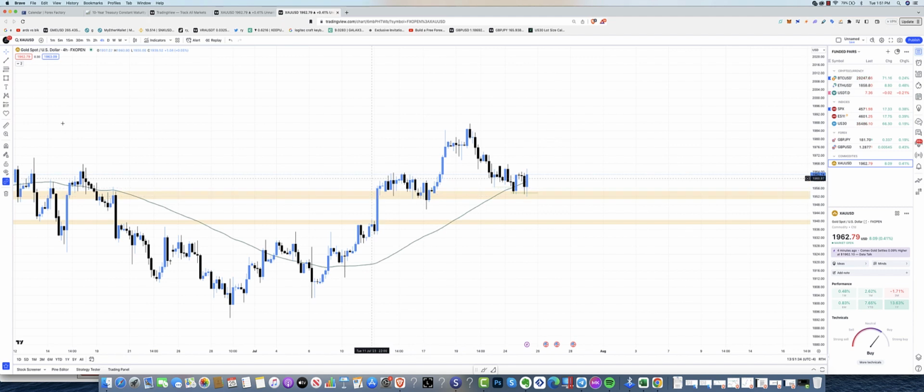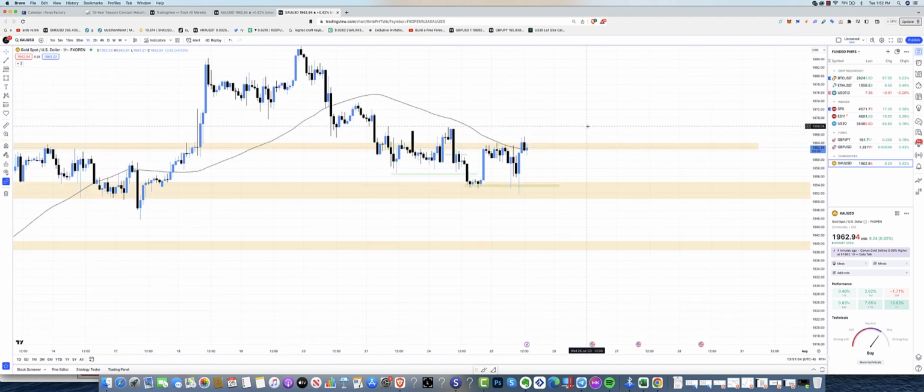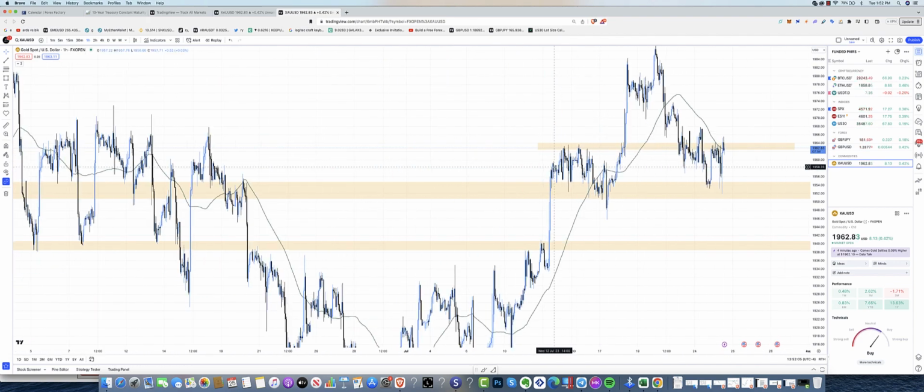Yeah, gold's looking pretty good to long. We're at a resistance area right now, right? Support and resistances are areas. So if I'm drawing a 4 hour resistance or support, I'm going to look at the 1 hour and 30 minutes to see how the candles are operating in that area to decide if I'm going to take a short or a long. Once the candlesticks get to that area, then I will decide, am I going to take a short or am I going to take a long, right?